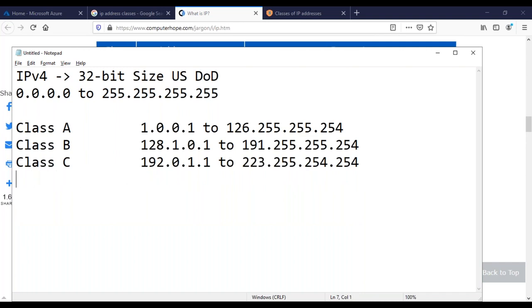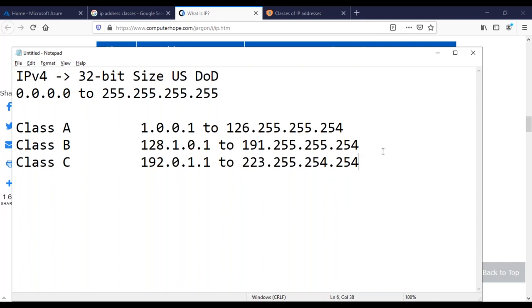That means you can take literally any website in the whole world, and it should fall under either class A or class B or class C. It is very important to understand this. Later I'm going to explain to you about public IP and private IP, guys. For that purpose, it's very important.